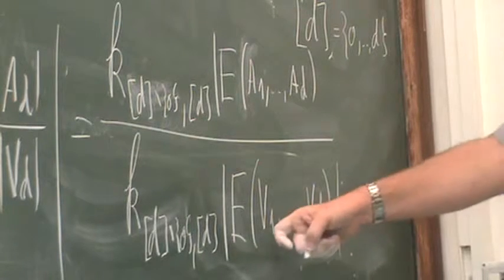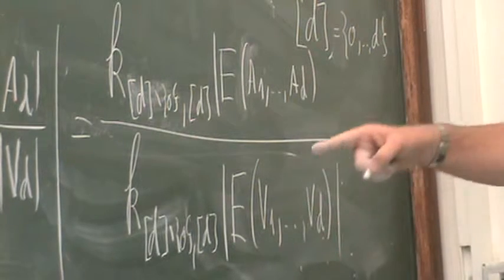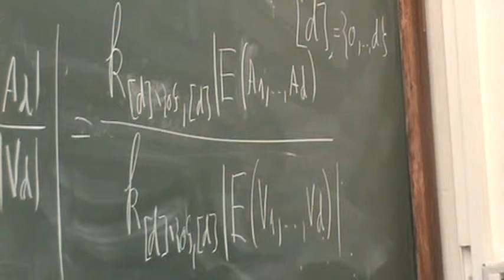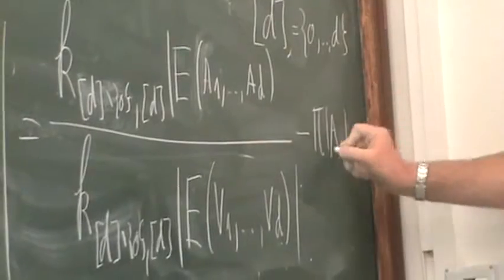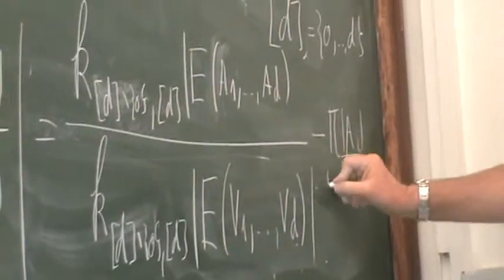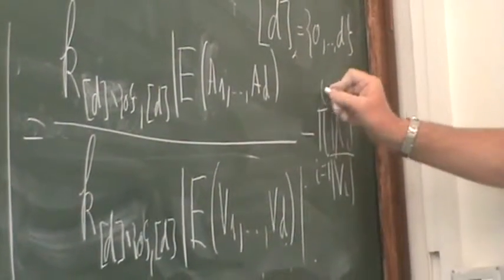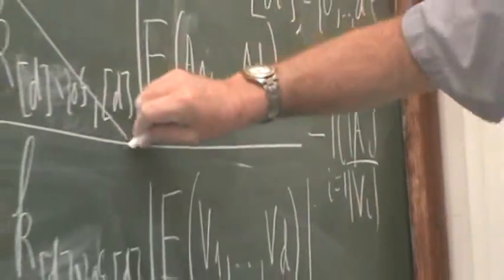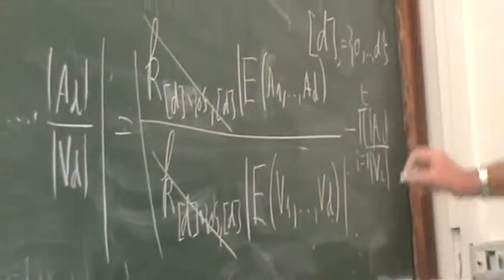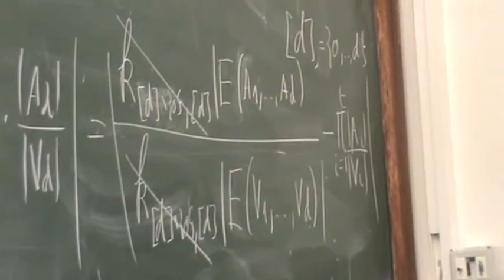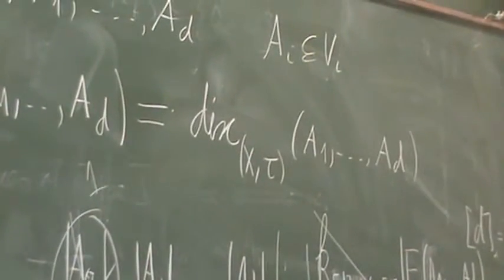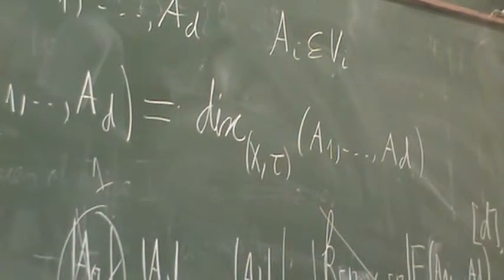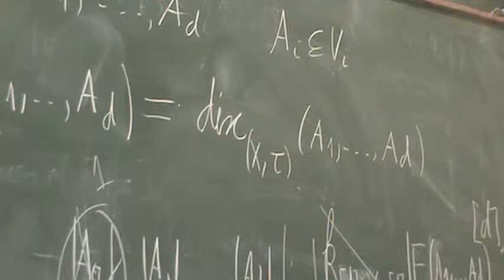Or every triangle of type 1 up to D is contained in exactly the same number of pyramids, minus the product of A_i divided by V_i, i going from 1 up to D. And because this and this collapse, I'm getting exactly the discrepancy of this part. Okay, this is kind of a trivial lemma, but it plays a role, so I wanted to show it before